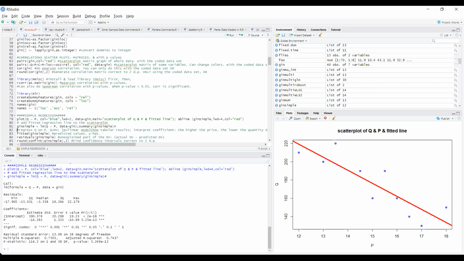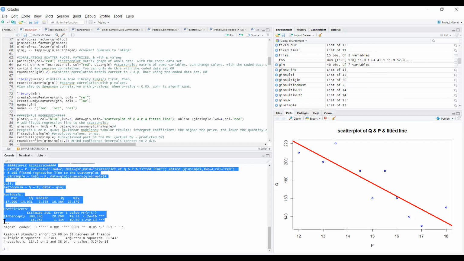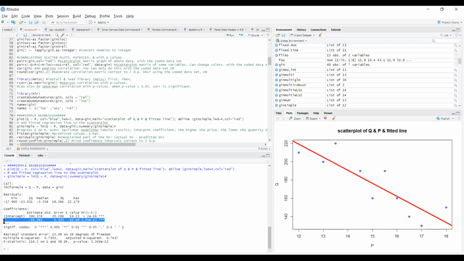The results are indicating that there's a formula which is quantity demanded on price. We have the residuals. You remember in a regression, we get something called residuals. I'll come back to that pretty soon. And then you have your coefficient. Of course, in this context, the only coefficient we had was price. So the only thing that you see here is this price. That's the coefficient there. And you can see that there are so many other things inside there, which we will make sense of pretty soon. The first thing we want to talk about is the coefficient, which in R is known